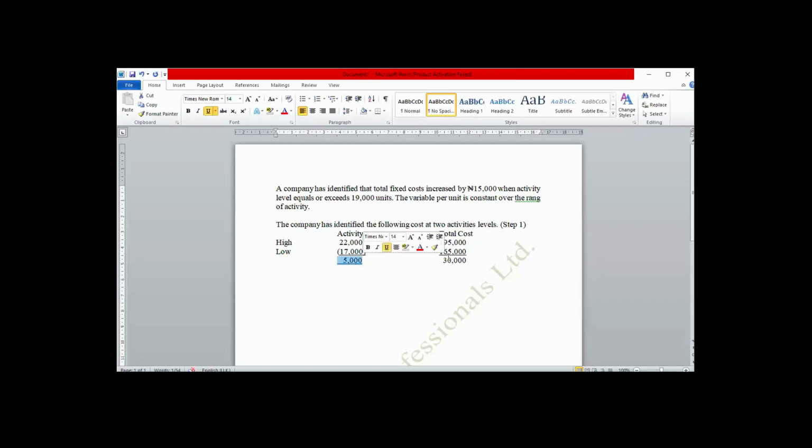What will be your variable cost with this? 6 naira, I think. Variable cost per unit: 30,000 divided by 5,000 is equal to